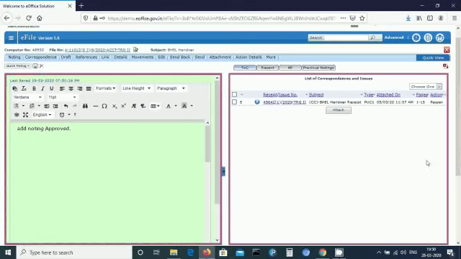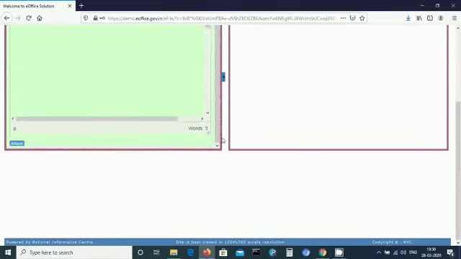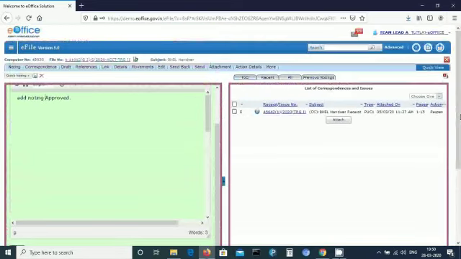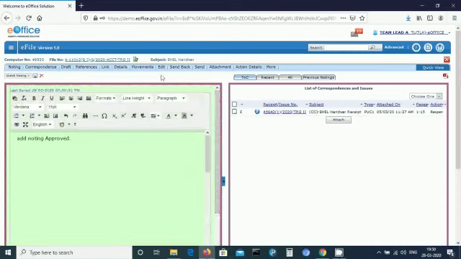There are further options available at the note sheet. If you want to attach something, a letter or a correspondence, to this note sheet, you can attach it with the attach button available at the bottom. And there are a few functionalities given on top of the note sheet. If the person has given the subject wrongly, then he can edit that subject by clicking the edit option. In this, only the subject gets edited, but the file number will remain the same.